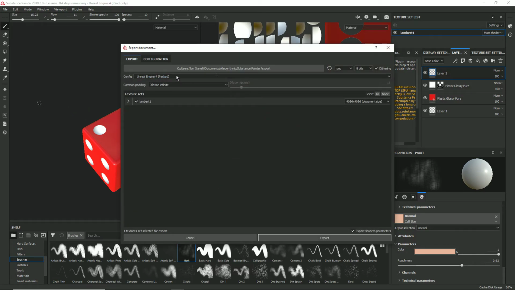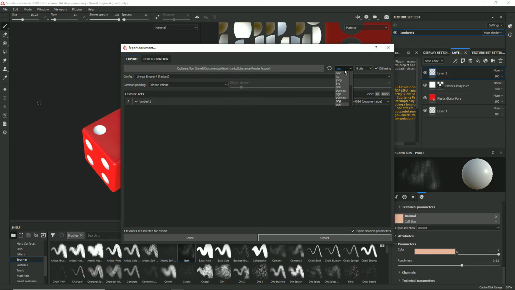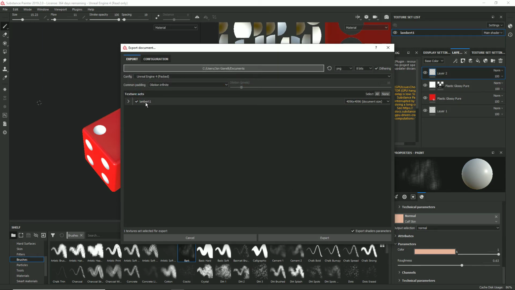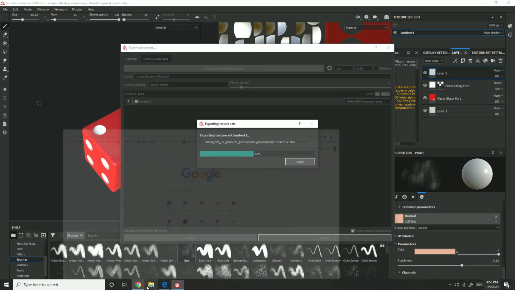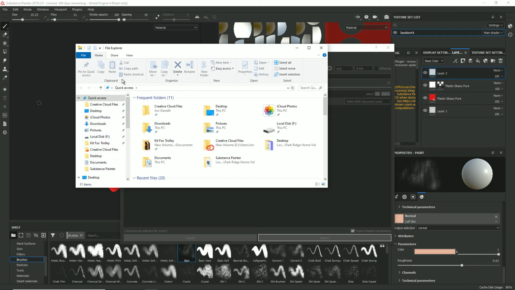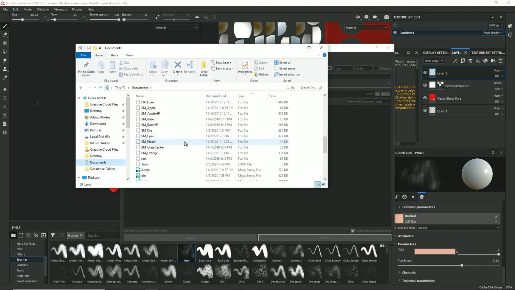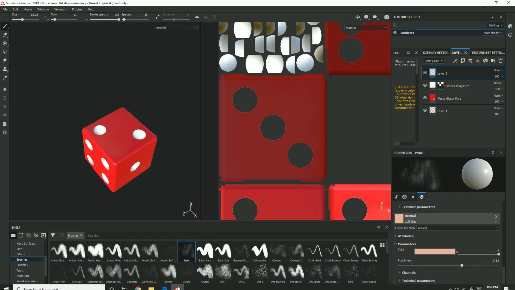Export this texture, and we're going to export it as Unreal Engine 4 packed, and you'll have to learn about how to get this into Unreal. It's a little complicated, but we'll cover it later. PNG is fine. Tell it where you want it to go. I'll put it in my documents, and it's going to be called Lambert 1 because I didn't name it earlier. So when I export it, I go to my documents, you'll see that Lambert 1 should start to be, here we go, let's see it,